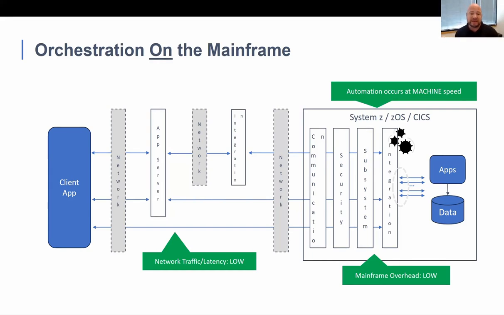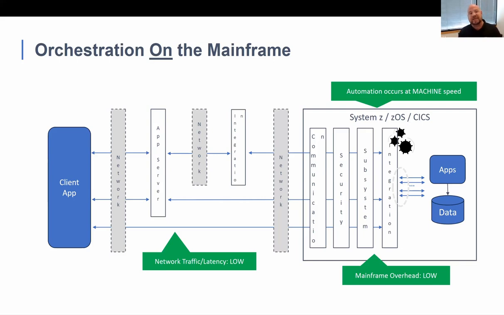So we're fielding an API that our customers actually care about, not just based on the fact that we have 5 COBOL common area programs and that's what we do, put a tiny little API on. And we create the orchestration here on platform. And not only that, it can run on the zIP. When you do this and run it on platform, your network latency goes down, your mainframe overhead goes down, and your quality of service goes up.